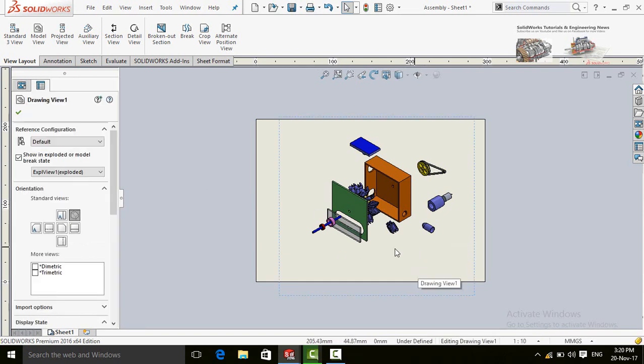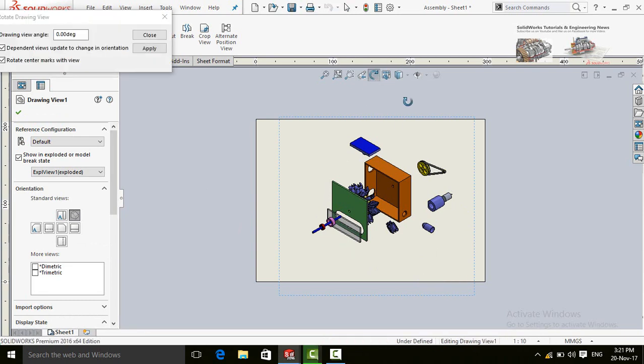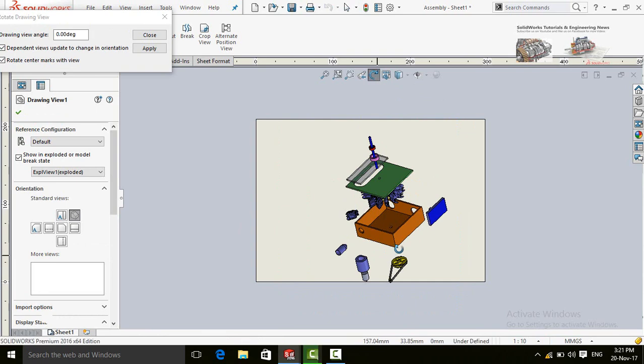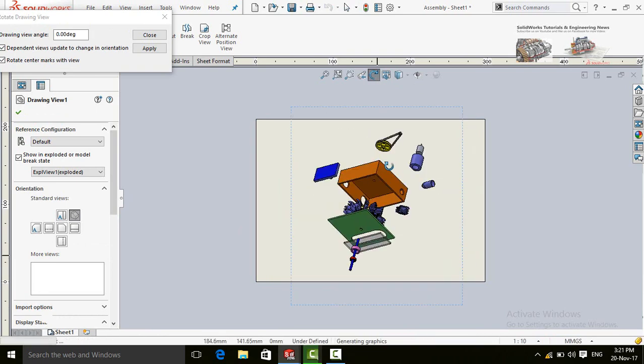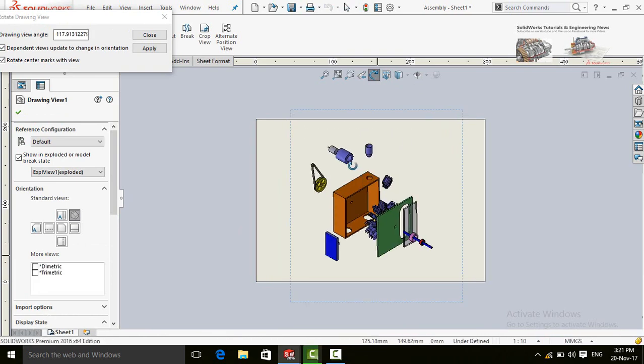Now we have to rotate this model view, so for that click here, rotate view, and rotate it according to your requirement. Then apply and then select close button.